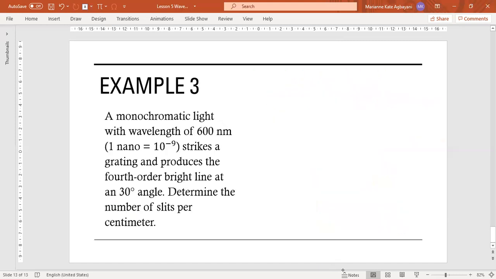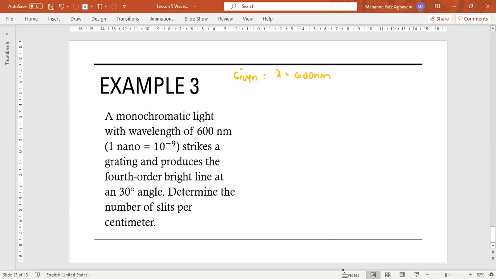A monochromatic light with wavelength of 600 nanometer. Take note na nm is equal to 10 to the power of negative 9. It strikes a grating and produces the fourth order bright line at an angle of 30 degrees. Determine the number of slits per centimeter. So our given here, we have our wavelength, that is 600